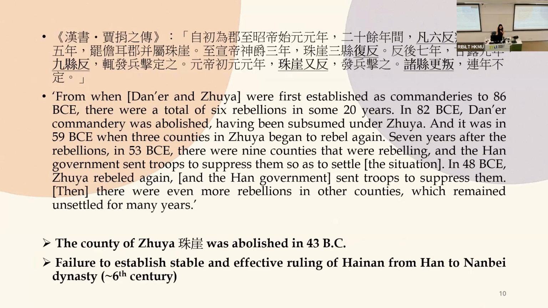Written records about Hainan from the 3rd to the 5th century are very scarce. Anyone who knows something about Chinese history would know that from the 3rd to the 5th century, there was a lot of warfare in the mainland area. So the central government didn't really have the time to pay attention to Hainan, which is a really remote island on the edge of the empire. And so Hainan was not under the control, or even on the radar, of the Chinese government most of the time. Little could be said about the interaction between Han people and the indigenous people on the island during this period, except that it was hostile, and that would be putting it somewhat mildly.